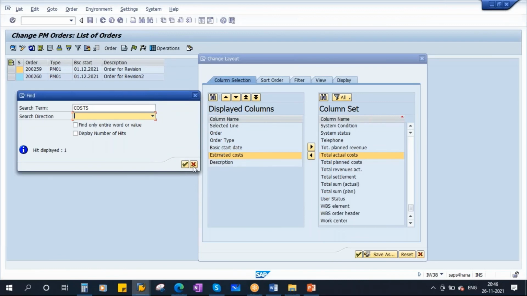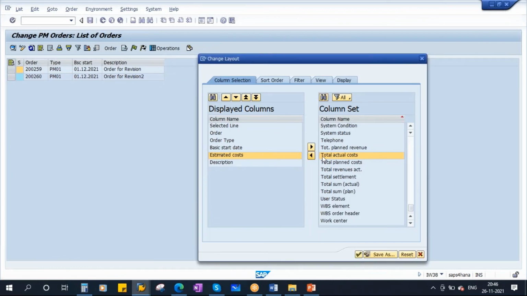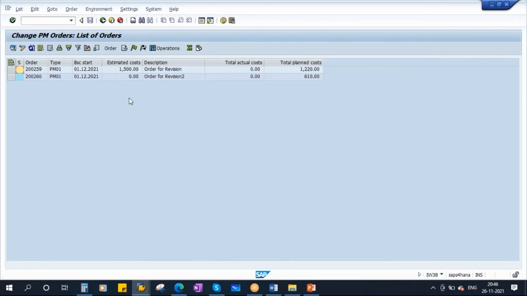You see here total actual cost, total planned cost. So I added this here. Now click on continue. Now you can see it here: estimated cost, actual cost, planned cost. Of course, we have not executed the order. If you execute the order, actual cost also will come. So now they will take a report. What is the planned cost during that shutdown period? What is the total actual cost? Everything you will get. So to get the report of all the orders which are created during that shutdown period, you will use this revision. That is the importance of the revision.